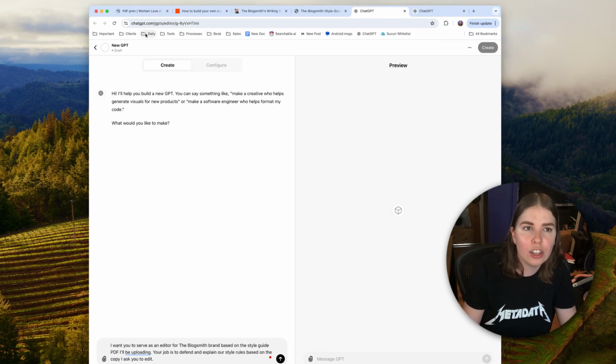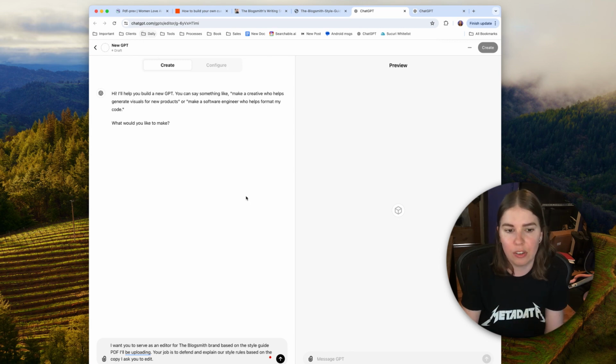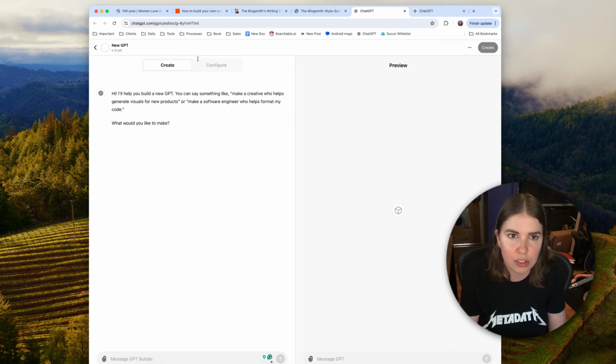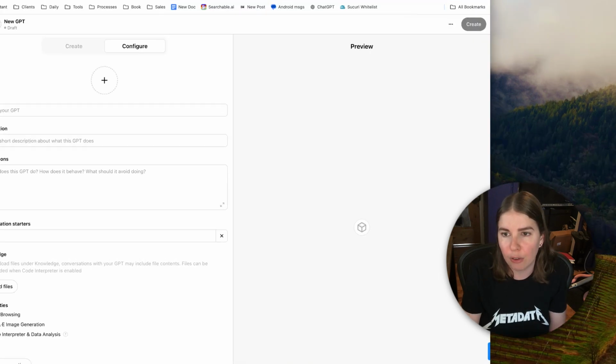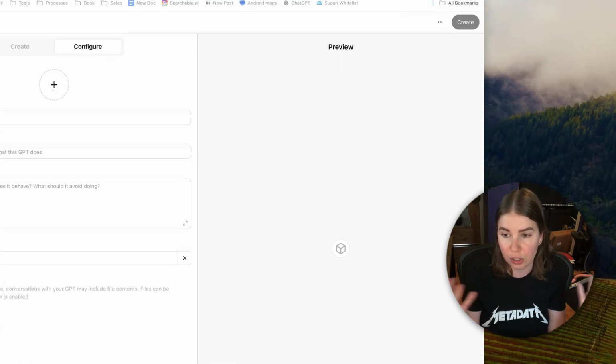So when you say you want to create a GPT, it'll give you either this screen. I'm going to copy this because this is the prompt I want to start with. Actually, I think it technically starts here. And so depending on how familiar you are with the process, which we're assuming you're not right now,